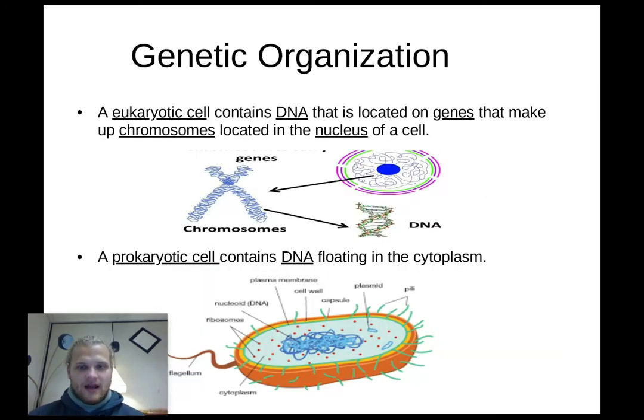All right, genetic organization. A eukaryotic cell is pretty sweet because we have a nucleus. Eu means true nucleus. So our DNA is going to be in that nucleus. Our DNA is in the chromosome. As you can see, it's made up of DNA, and these chromosomes are really tightly wound DNA, and segments of that DNA are going to represent genes that are going to code for whatever trait.